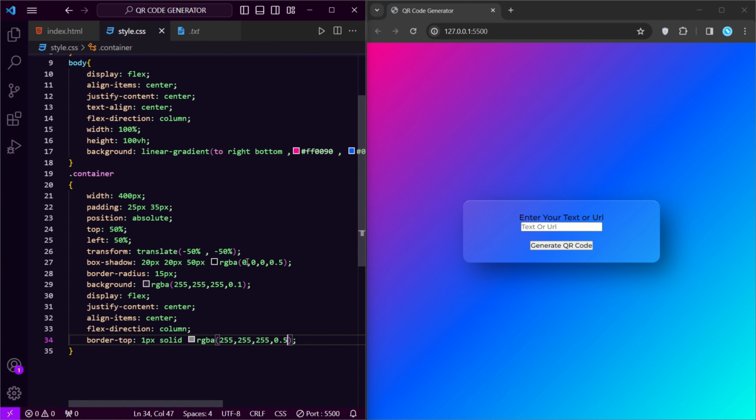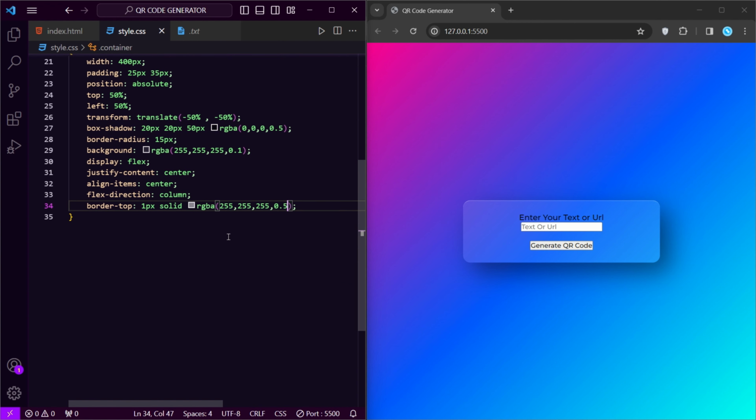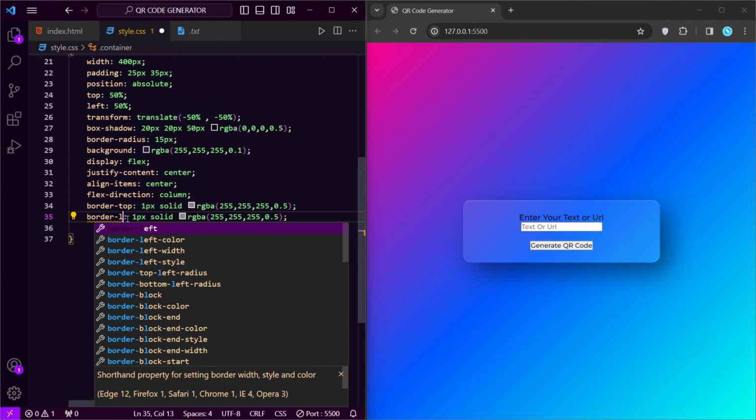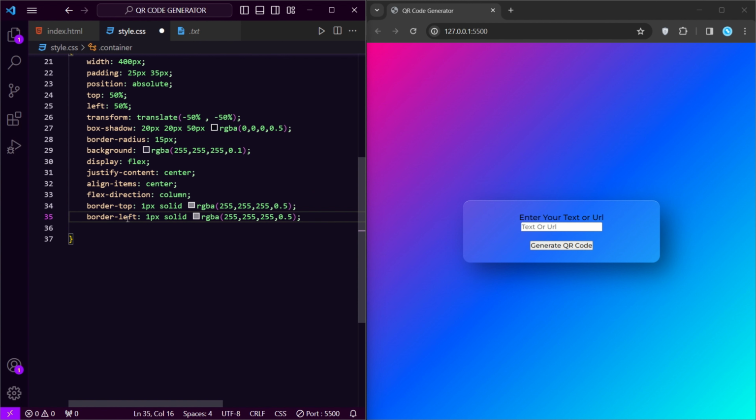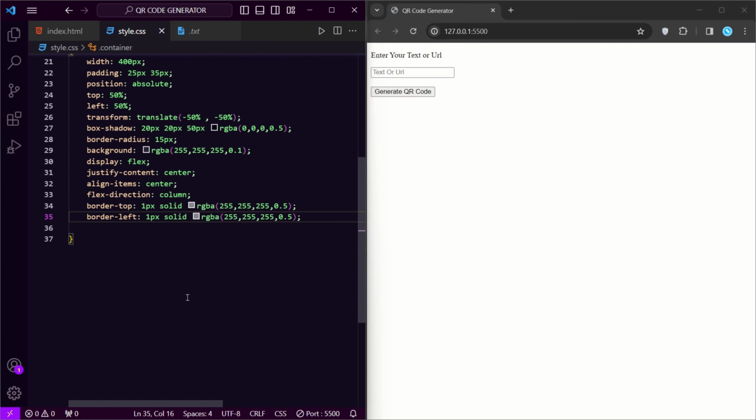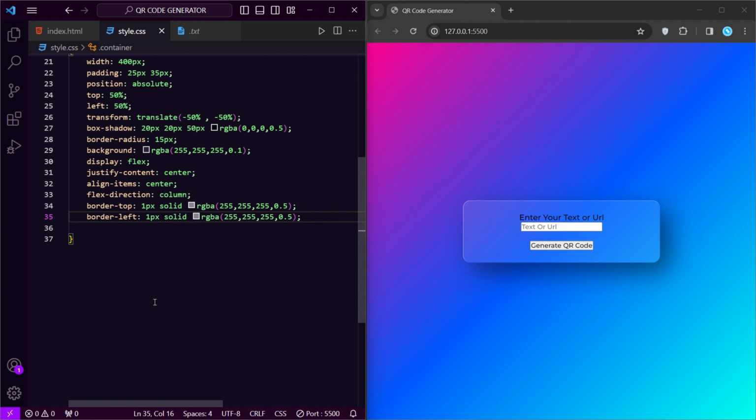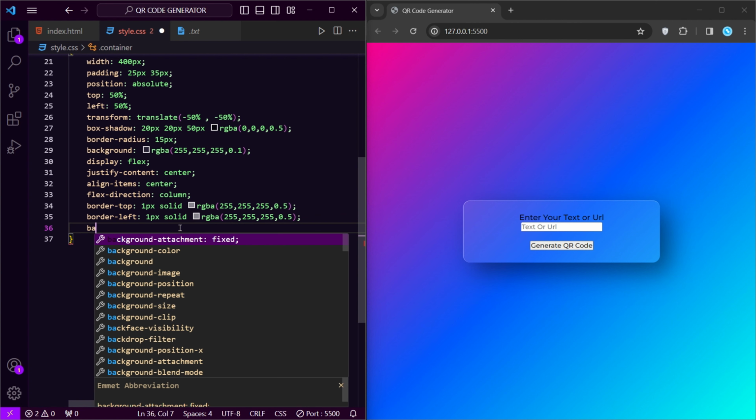Save it. Now let's go ahead. Now we have to give the border left the same as the top, but in the left direction. Save it. Okay. Now we have to give the backdrop filter blur. Backdrop.